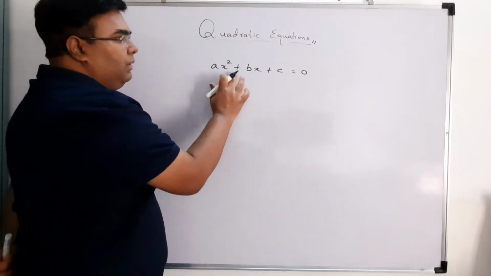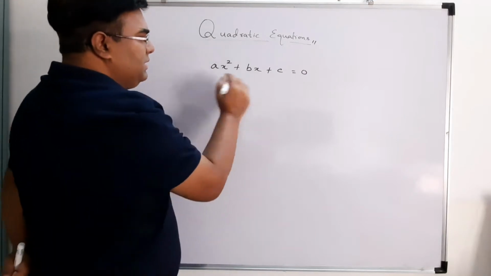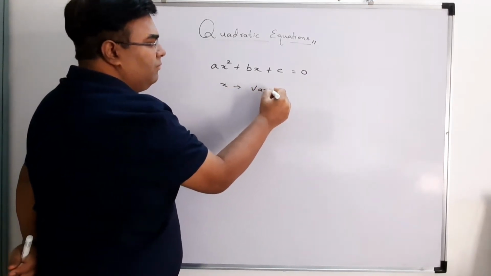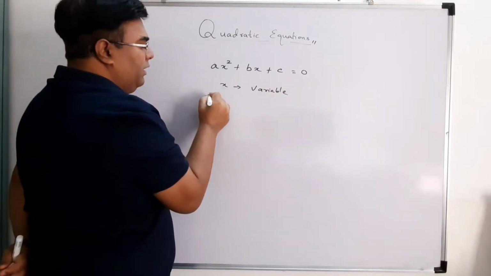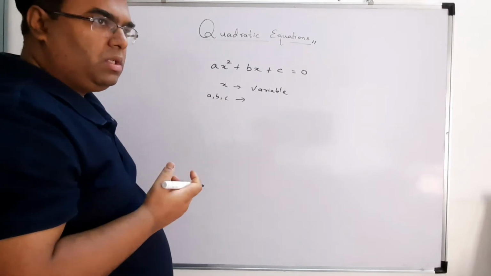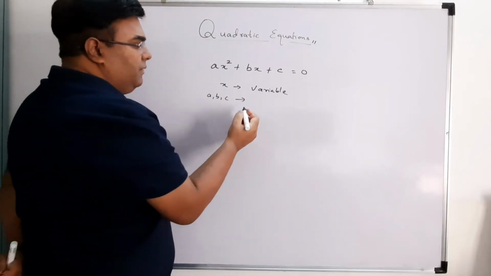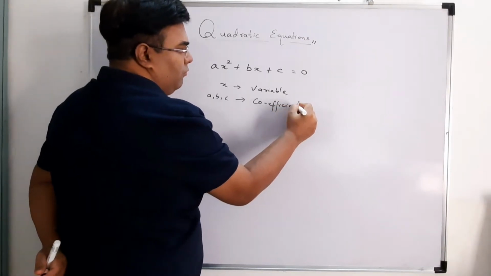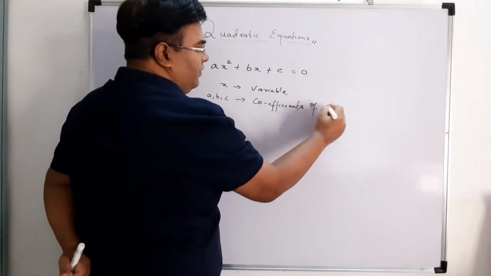So here the variable is x, and a, b, c are constants. X is my variable and a, b, c are constants or coefficients, you can say. Coefficients of x,